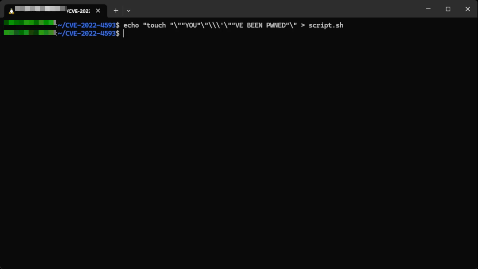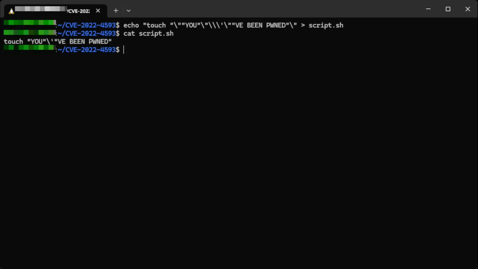That horrifying tangle of double quotes, single quotes, and backslashes is exactly what we mean when we talk about complicated quoting mechanisms. However, let's quickly look at what our script does. Yeah, all it does is create a silly file.